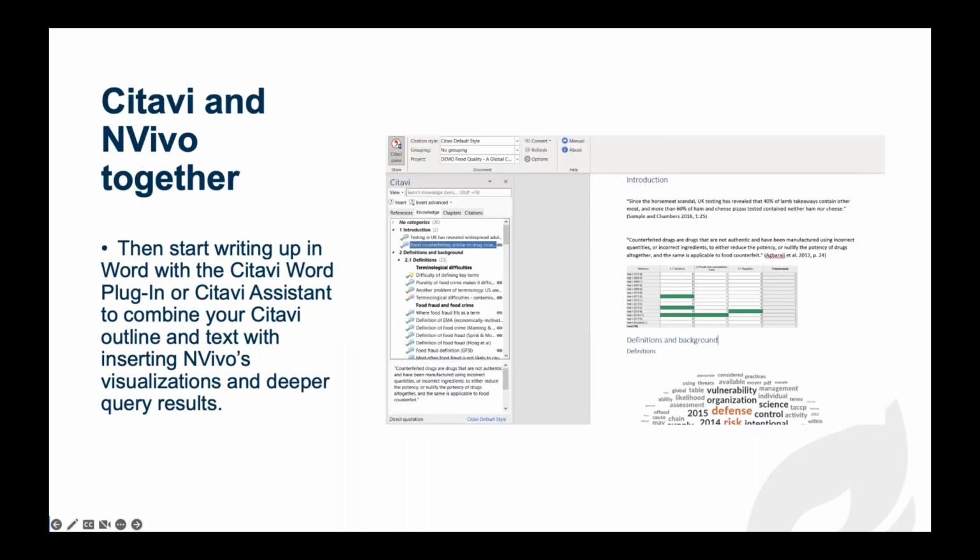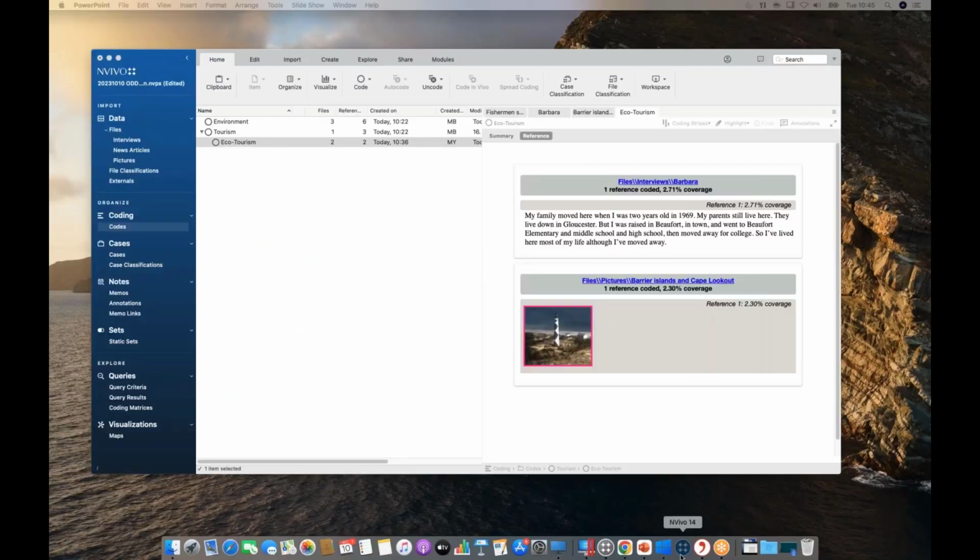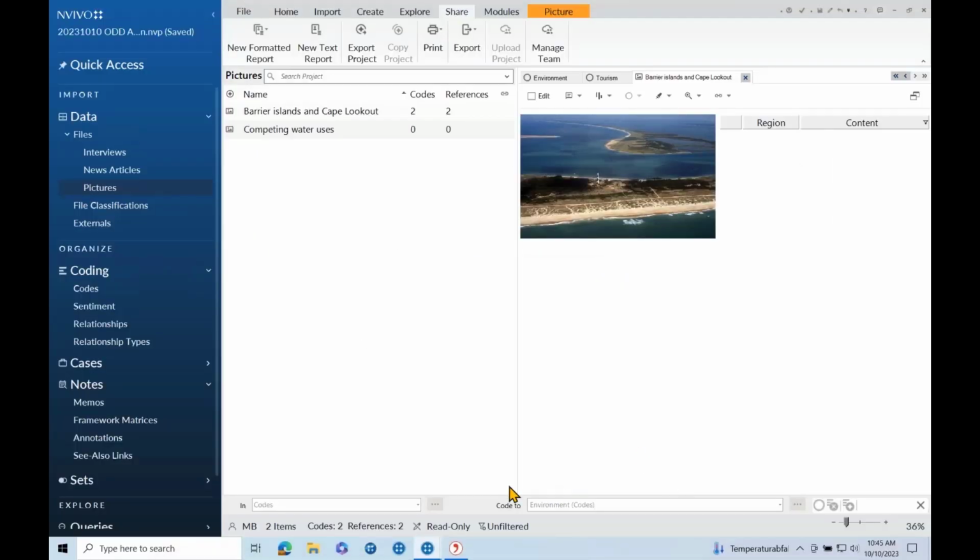And then, of course, in the end, as I've said, we want to write about our data, and there is something called a Citavi assistant that helps you write up your results in Word and bring in all the references from Citavi. And of course, you can also import all the visualizations that you have from NVivo to really have the full picture. So just to give you an idea of how this could look like, I just want to go back